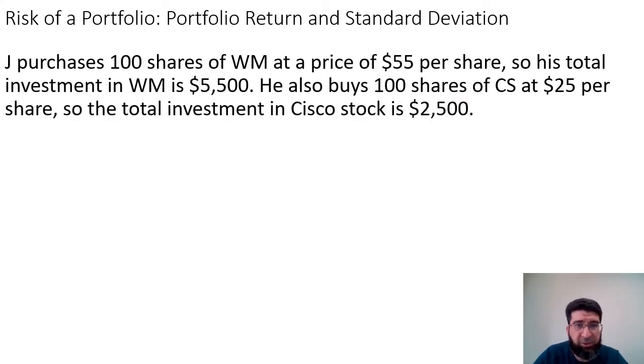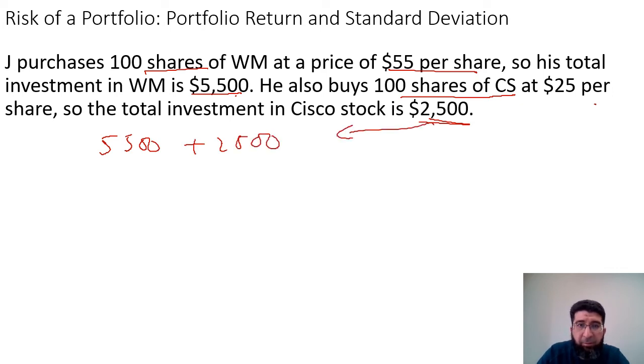Let's look at an example. J purchases 100 shares of WM at a price of $55 per share. So his total investment in WM is $5,500. He also buys 100 shares of CS at $25 per share. So the total investment in Cisco stock is $2,500. Now we want to see the entire portfolio, and we want to see the weights of the portfolio. If we combine these two, we have $5,500 plus the $2,500 investment, that gives us a total portfolio of